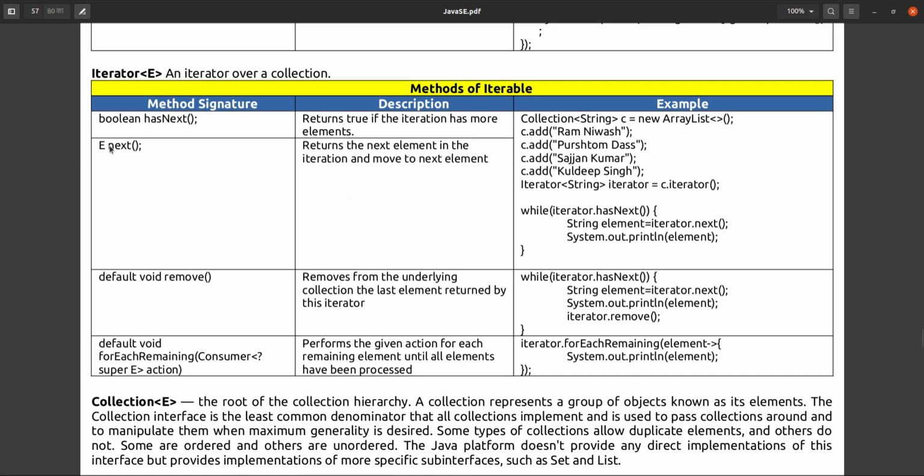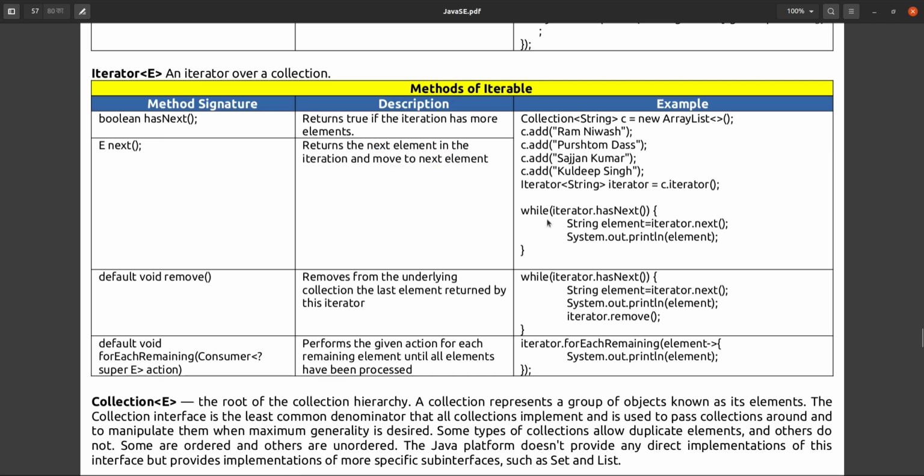And next will return the present element and move to the next element.